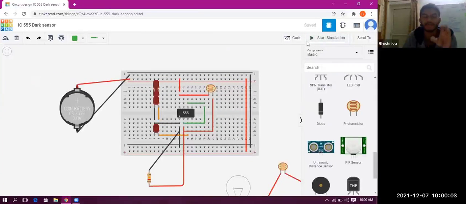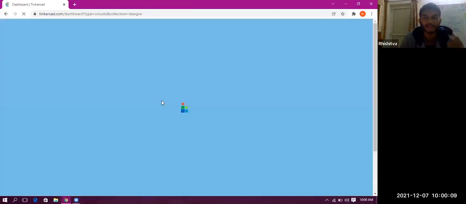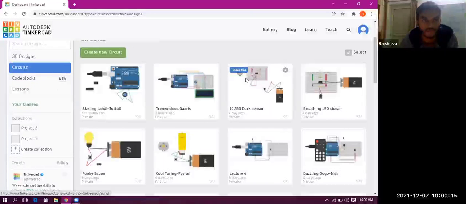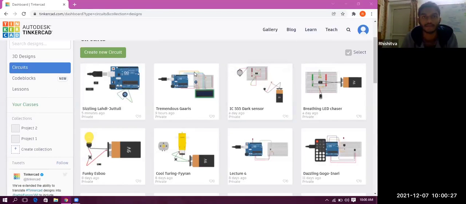So students, on the chat box, you just have to write 1 or 2: 1 for the breathing LED project and 2 for this dark sensor. The project that gets the maximum votes, we'll create that circuit in the next class, after discussing the 555 timer IC in detail. I will show you how it looks and everything. You can just write 1 or 2 in the chat box, and vote only one time so that we don't have any problem. We will cover both, but whichever project you are interested in doing first, just type 1 or 2.